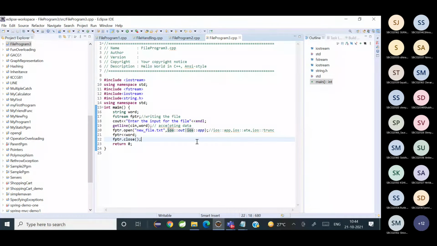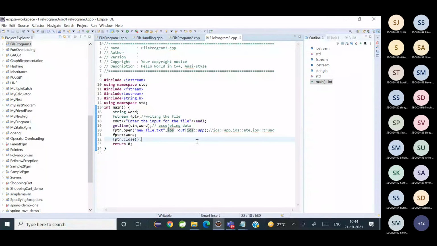What do you mean by sequential? What is the literal meaning of sequential? From start till the end. In a sequence. Yeah, in a sequence. You go one after the other. You start from the top left corner of the file and you go to the bottom right corner of the file. In that case, you say it is a sequential access.